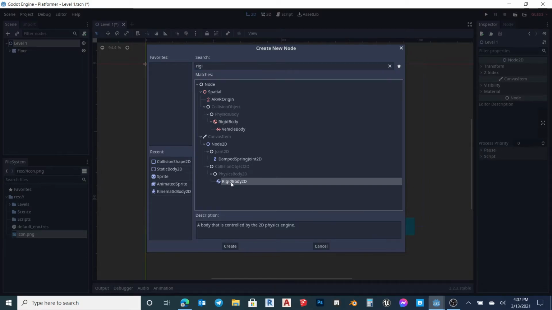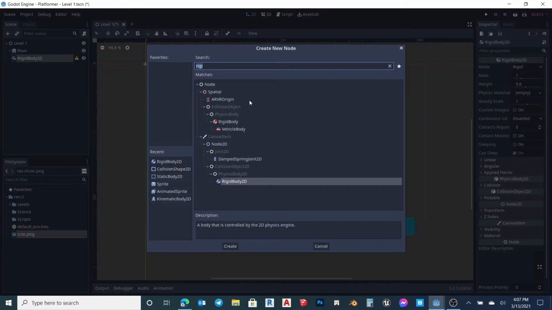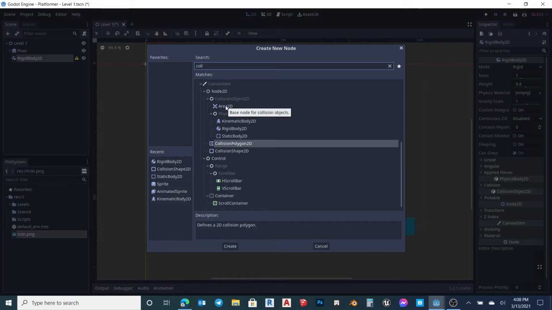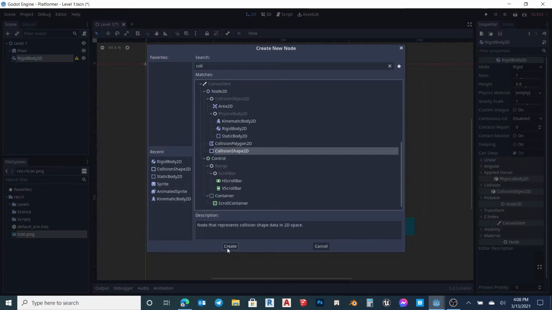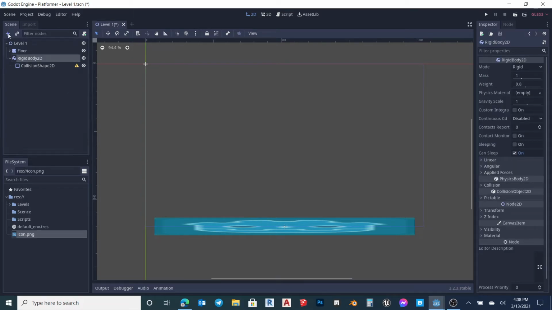The 2D RigidBody2D. And we are going to add just a collision shape, not a static body, just the CollisionShape2D, not the collision polygon, the CollisionShape2D. And we are going to add it, and we are going to add another thing called